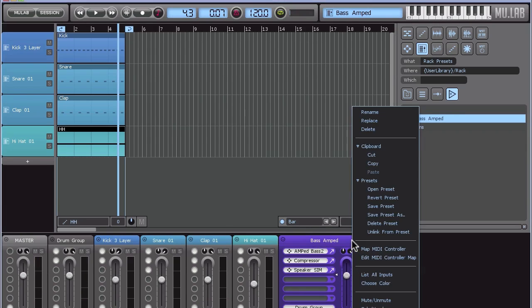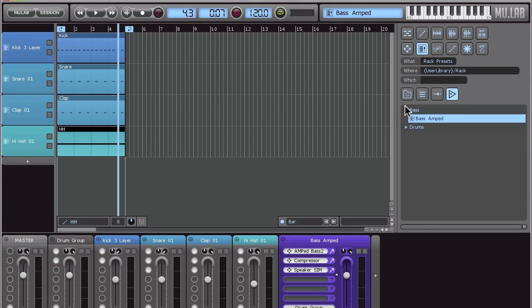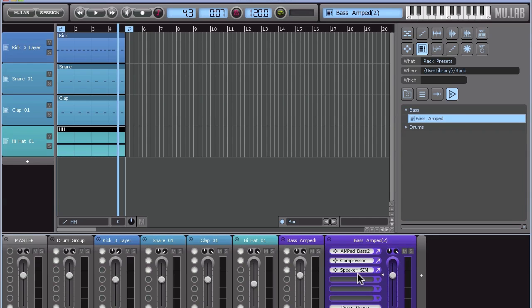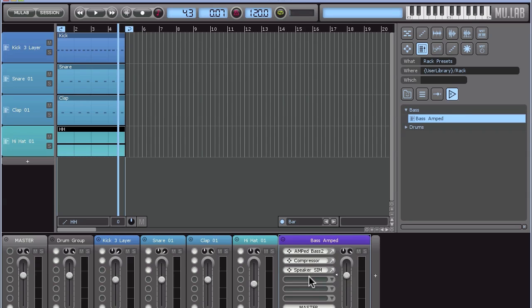Now let's resave it again. Just the save preset. It's saved. And now if we drag it in again, we see all of those things have just been saved all in the rack. And you could even use your own VSTs in this rack. So now we have a bass preset that we can load into any project as a rack preset just by